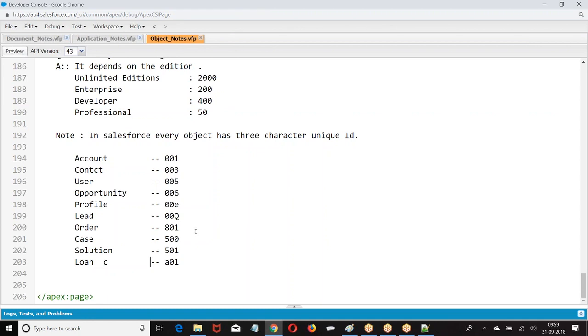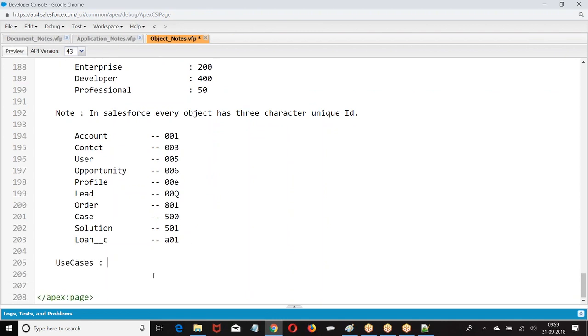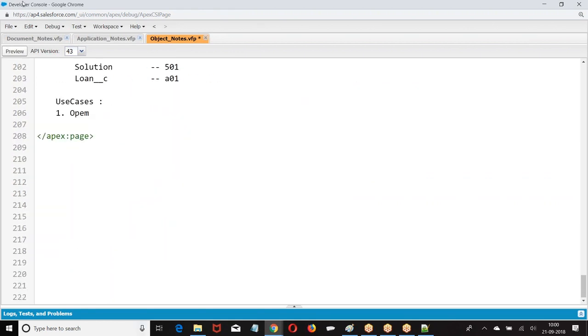Now, for your practice, what are the use cases? Right now, we are at the beginning, so go to Trailhead, Object Creation Exercise.